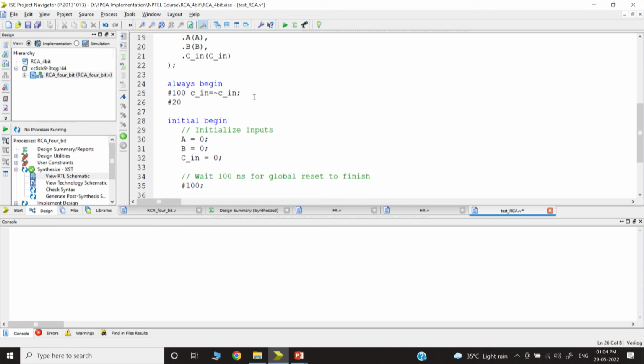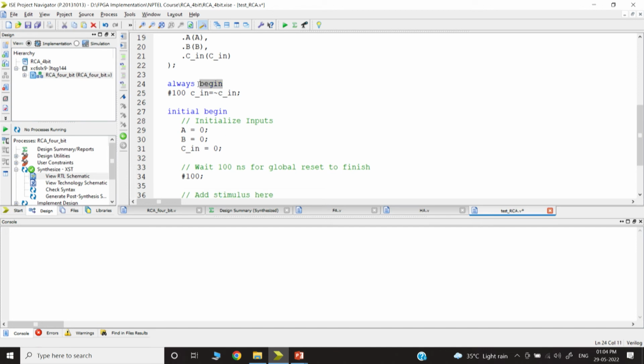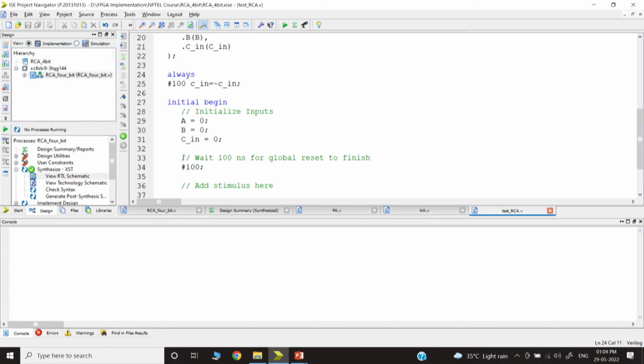I want to check A data, that means my A, okay. So, here always fine, I want to initialize. So, initialize A, B. Now, what I want to make after let us say 30 nanosecond, 30 time unit, I want to change the data, that means I want to make A equal to, maybe I will take, because by default if you do not specify it will take decimal, it is a 4-bit data. So, you can use let us say